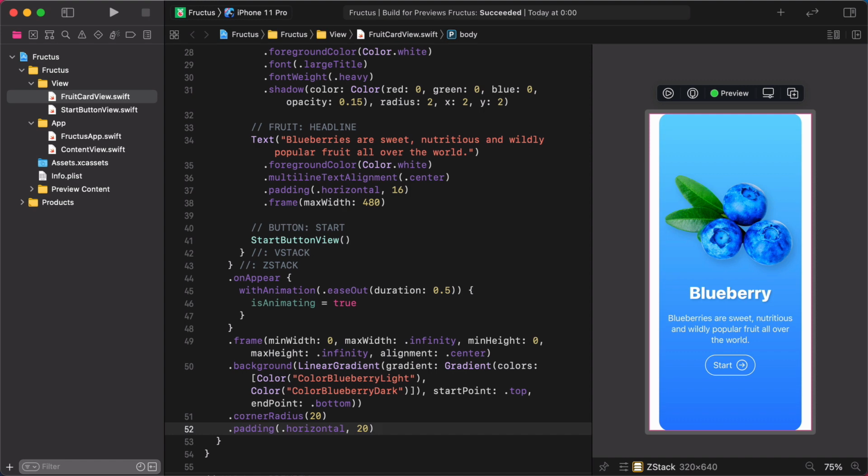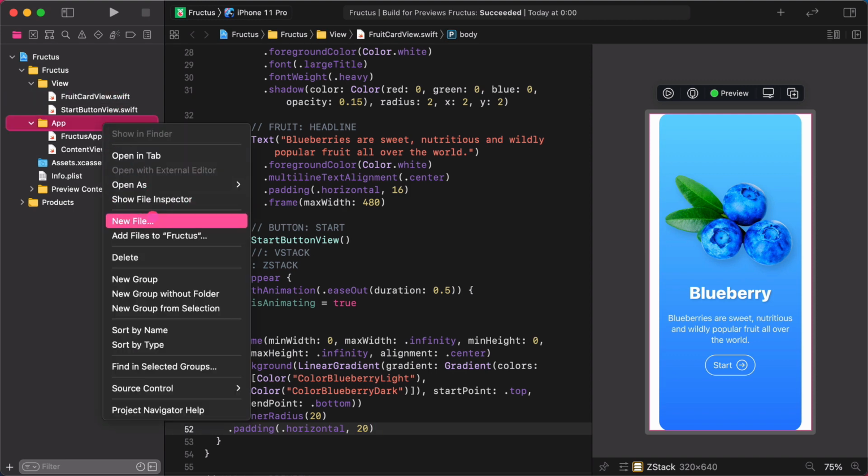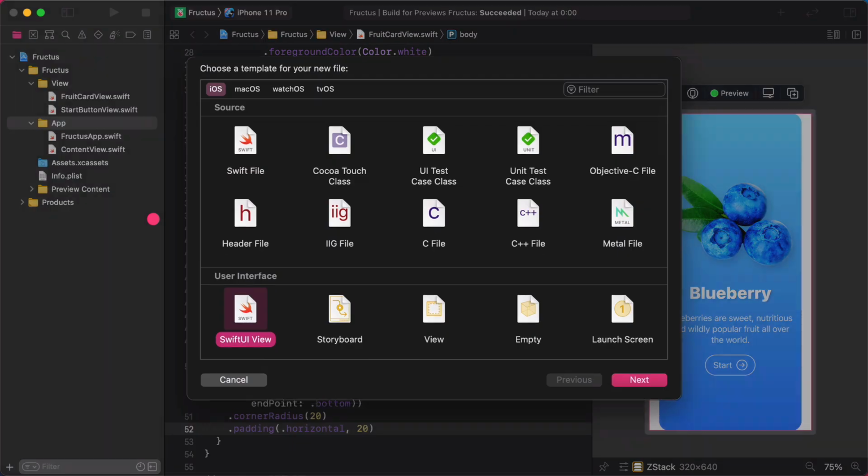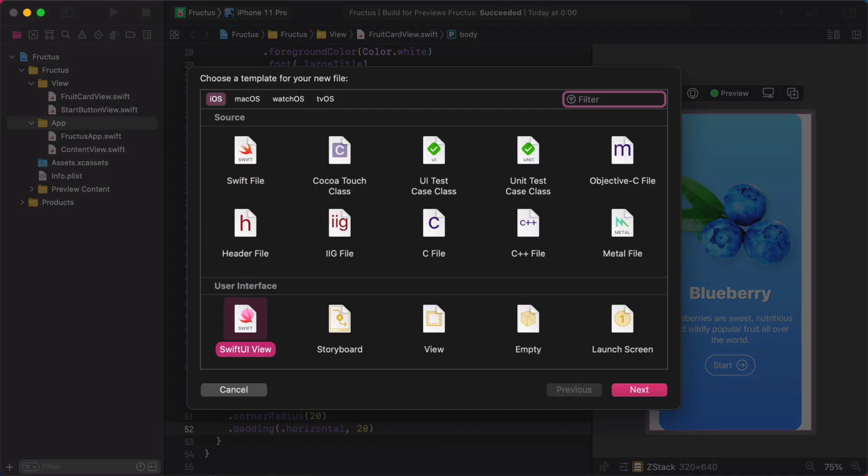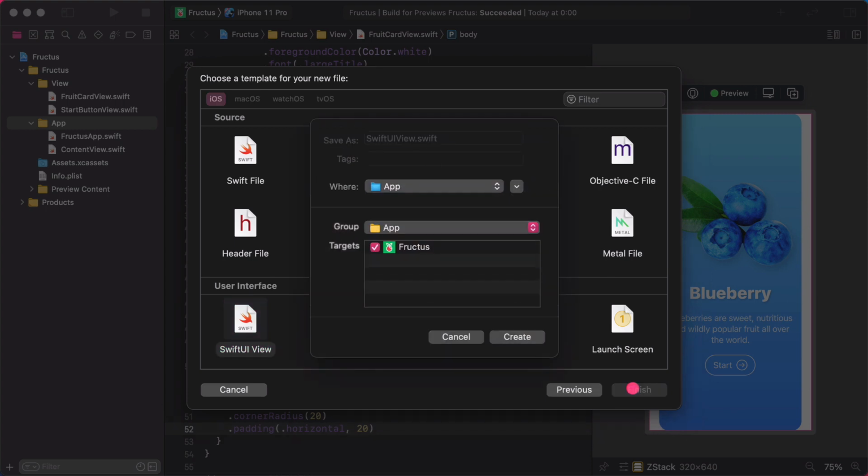Having said that, let's create a new file for this onboarding screen, shall we? First, select the app folder in the project navigator, then right-click or Control-click on it. This will show up a new context menu for us. Select the New File option there, then select the SwiftUI template and click on the Next button. Now, name this file OnboardingView and make sure the destination is the app folder before you click on